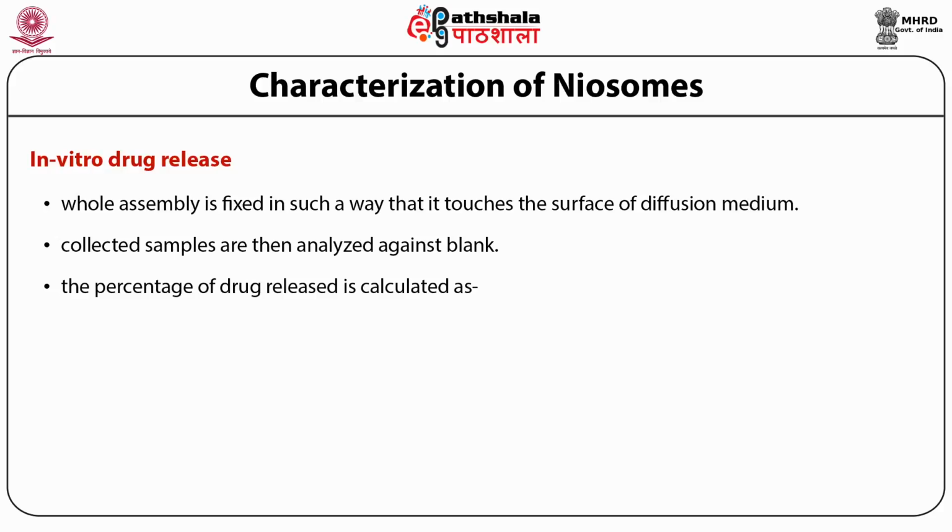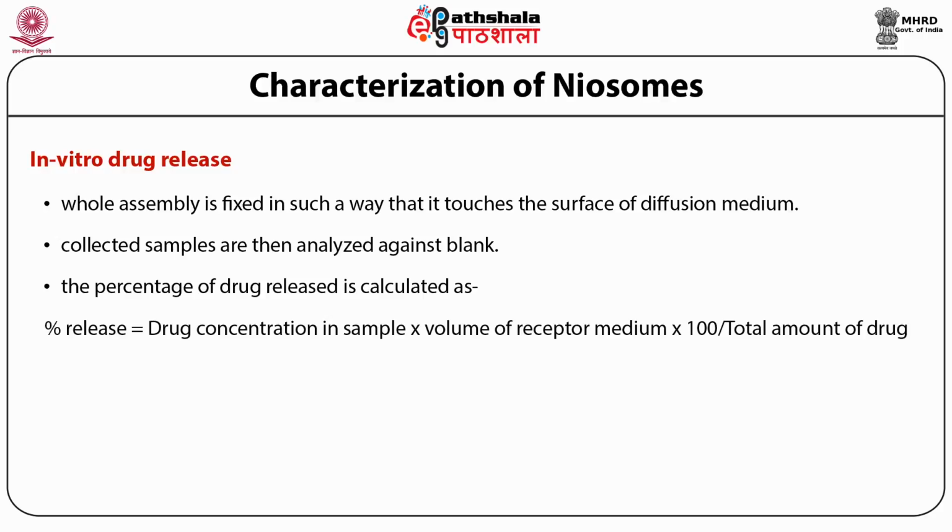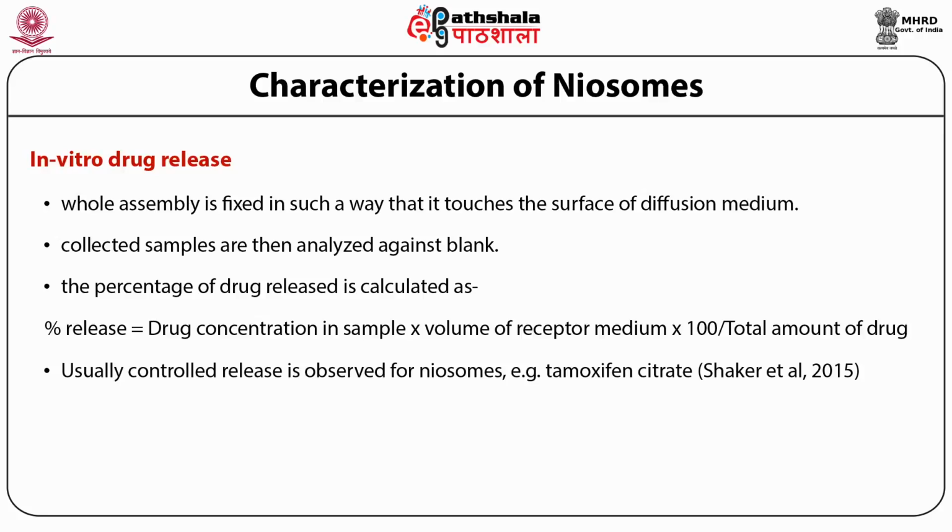The equation used to assess the percent drug release is: percent drug release is equal to drug concentration in the sample multiplied by volume of the receptor medium, whole divided by total amount of the drug. To report the results in percentage, the value is multiplied by 100. Usually, with neosome formulations, a controlled release is observed, as reported by Shaker et al. for the drug